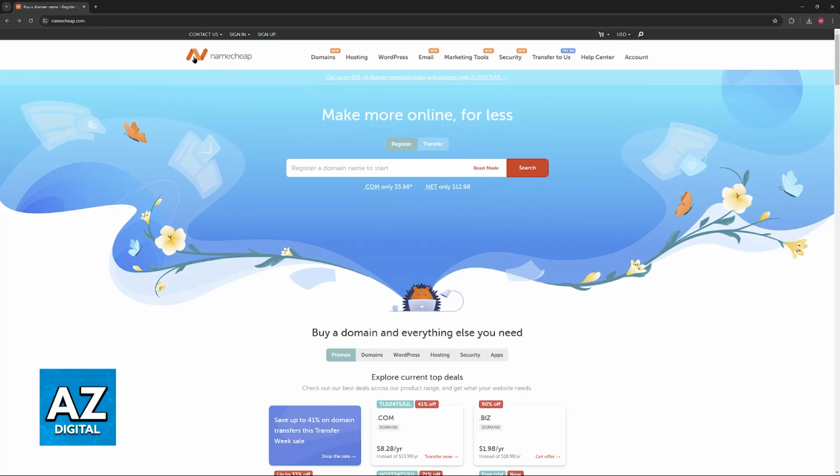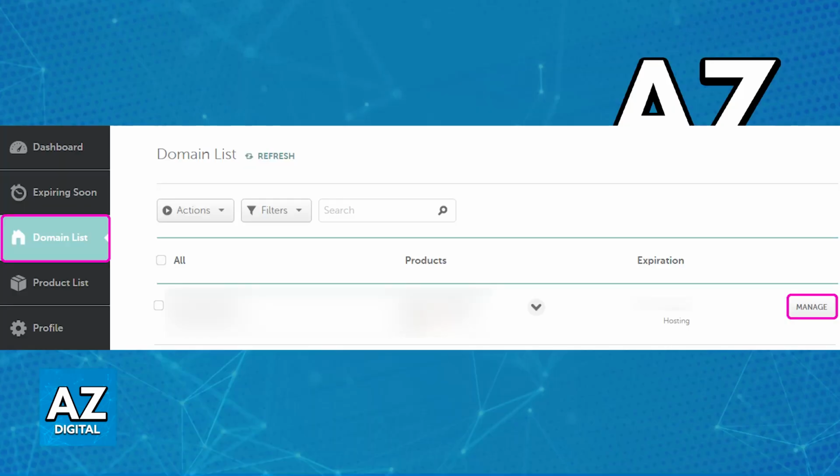All that you have to do is go over to namecheap.com, sign into your account, and access your domain list. You will then be able to see all of the domains currently attributed to your account. In here, click Manage at the right side of a specific domain that you would like to add a TXT record for. Keep in mind that for the prerequisites, like I said, you need to have your domain registered on Namecheap itself, and you need to have the TXT record value, aka the specific text string that you want to add. This is going to be usually provided by the service that you are trying to verify or connect with your domain.